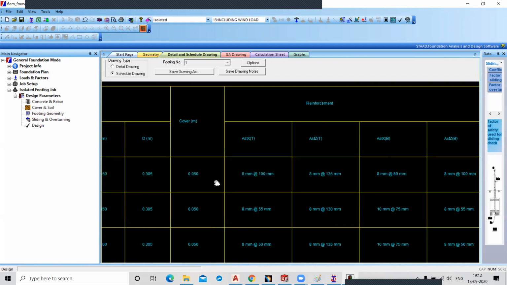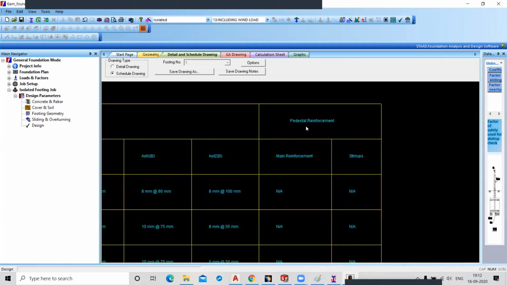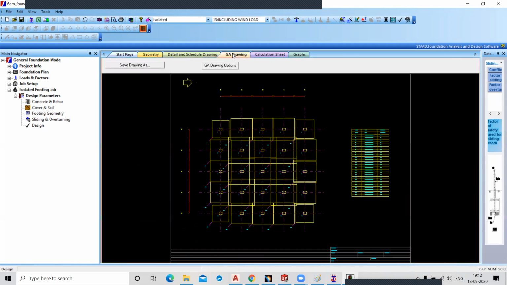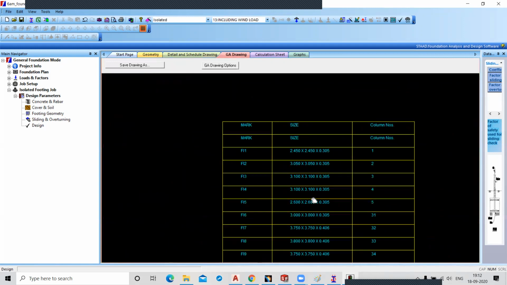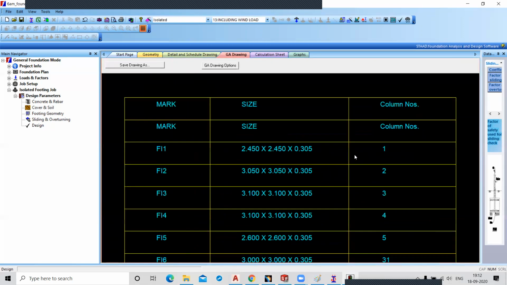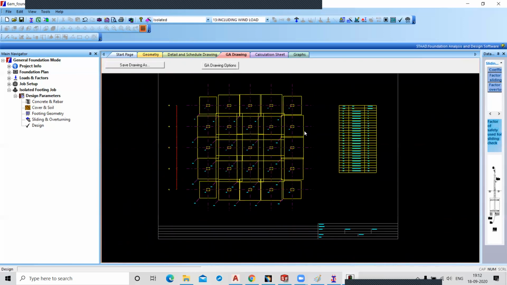This is your cover. This is the reinforcement in the X or Z, in the bottom X or bottom Z. This is about the pedestal reinforcement. This is all about the isolated footing. This is the size for the footings. Yes or no? Yes.